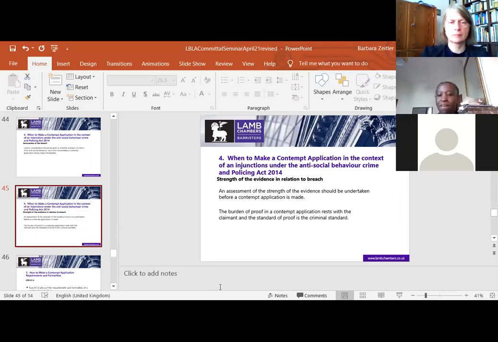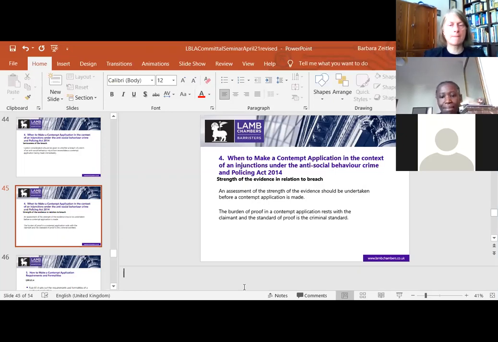So, for example, an injunction was obtained against a neighbour, let's call the neighbour X, for threatening and intimidating conduct against neighbour Y. Neighbour Y alleges that he received a threatening note through his letterbox, but he is unable to show beyond any reasonable doubt that it was sent by neighbour X. Careful consideration will need to be given as to whether neighbour Y's belief alone will be sufficient to meet the criminal standard of proof if there hasn't been further investigation of whether fingerprinting or anything else like that.